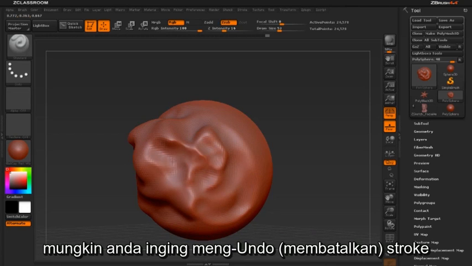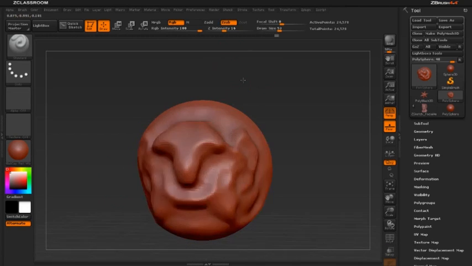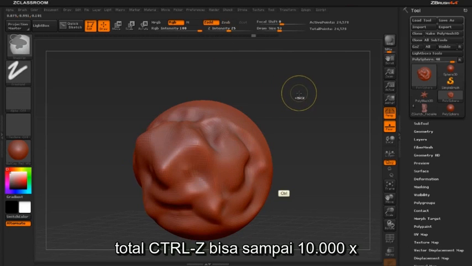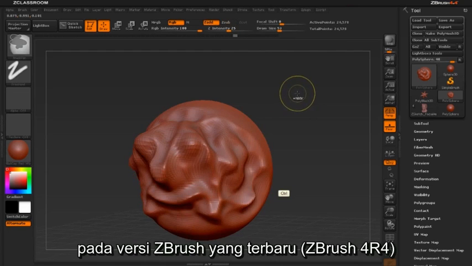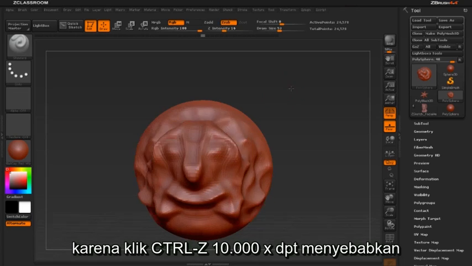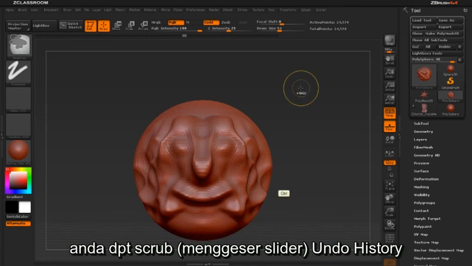You may want to undo a stroke. To do this, click Ctrl-Z. This will let you step back. You can click Ctrl-Z a total of 10,000 times inside the latest version of ZBrush. Since clicking Ctrl-Z 10,000 times may cause you some discomfort, you can also scrub through your undo history by clicking